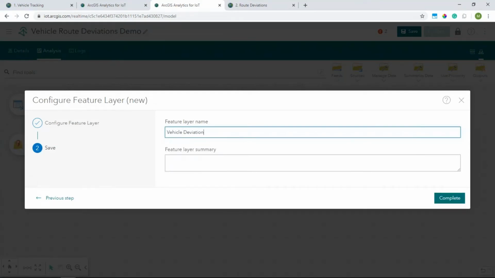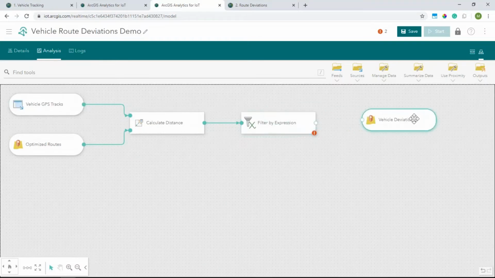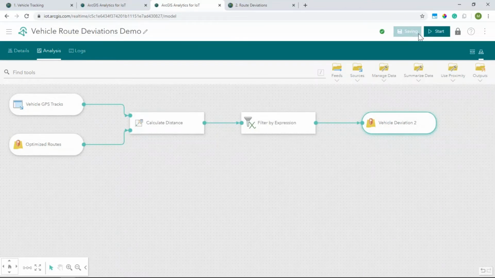And I'll give my analytic output a name, which will save this vehicle deviations layer as an item in my content. With my analytic fully configured, I can save it up here at the top right and then start it.